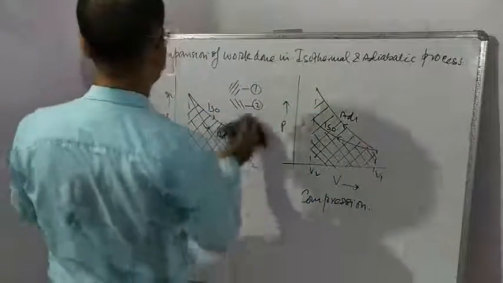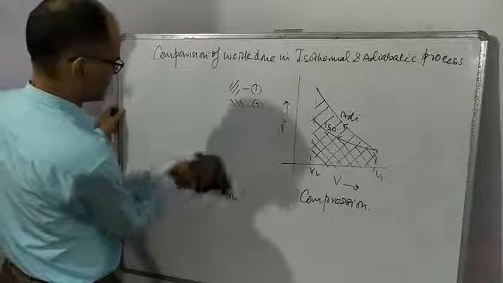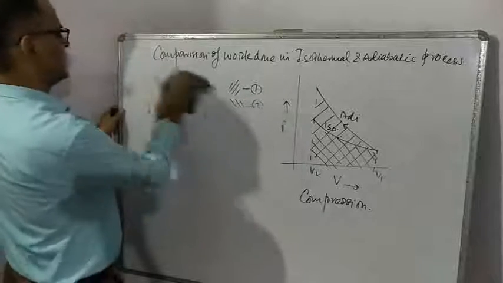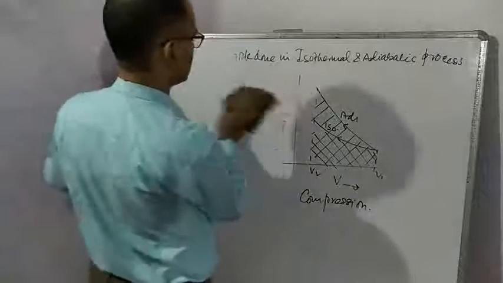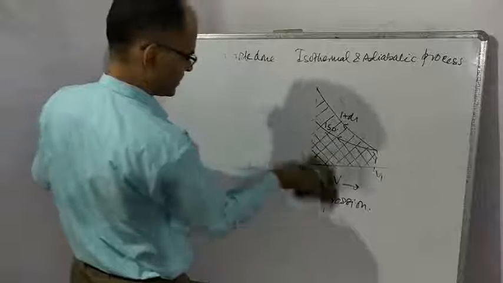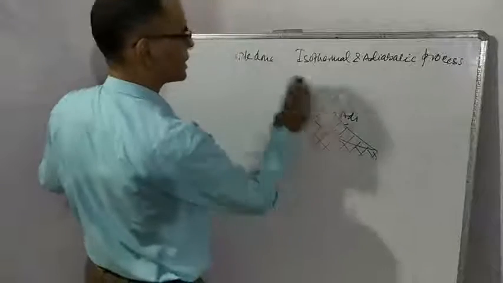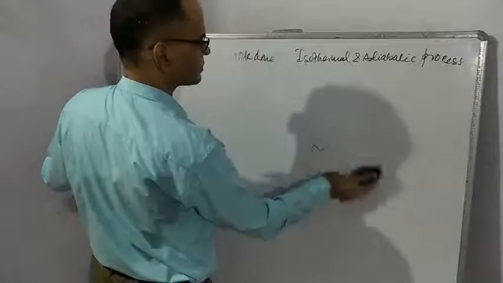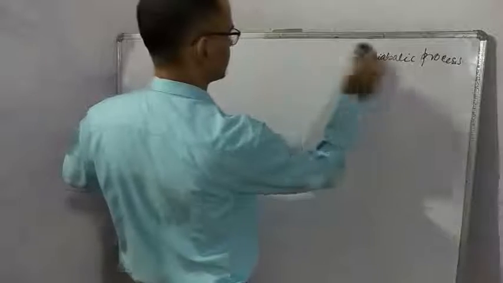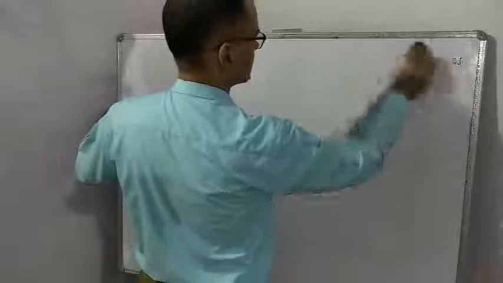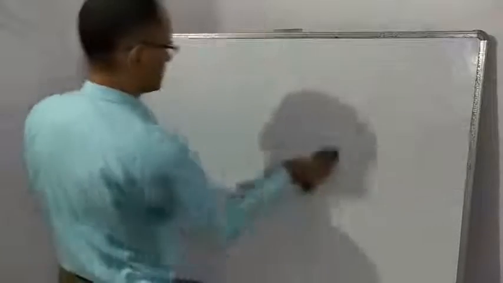Students, now we are going to discuss molar specific heat. In class 10th you have studied specific heat. I hope most of you remember the definition of specific heat. I repeat, specific heat is defined as the heat required to raise unit mass of a substance by 1 degree C or 1 Kelvin.